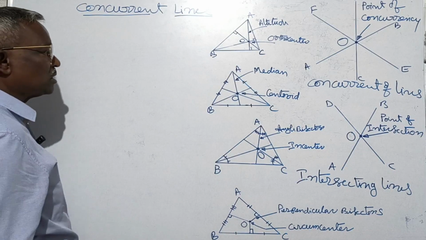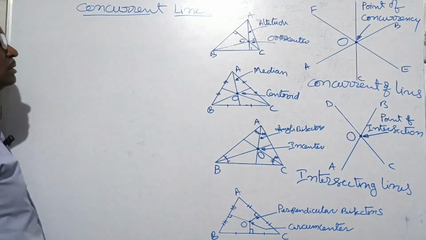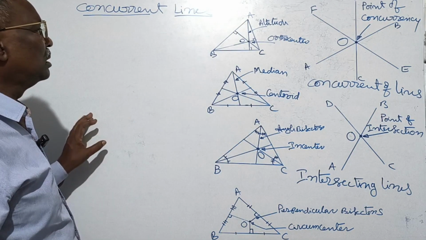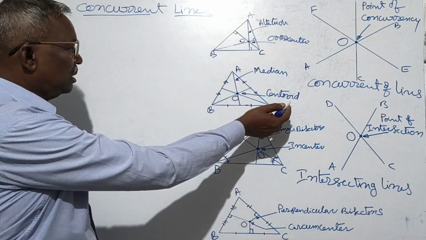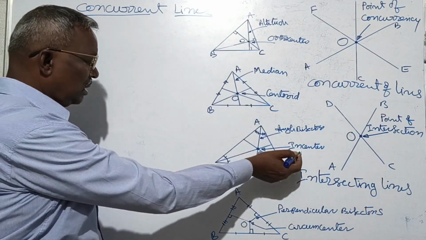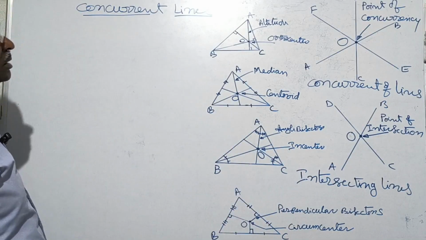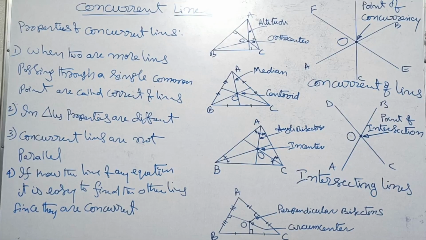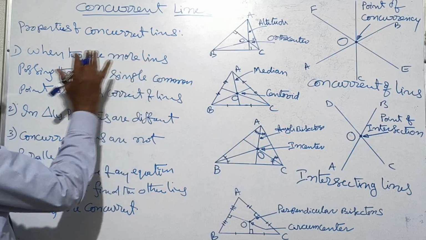All are concurrent. So that is the purpose, just as an example shown here. Of course, we have explained in different classes regarding orthocenter, centroid, incenter and circumcenter. Next, properties of concurrent lines. Number one, when two or more lines